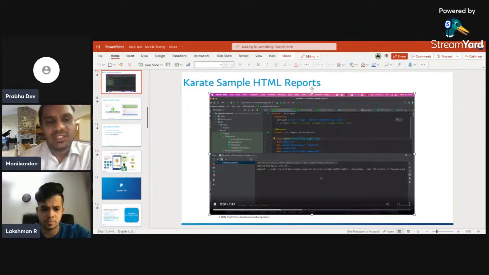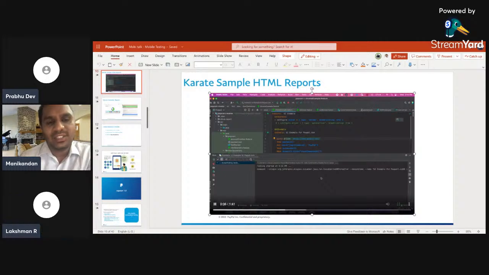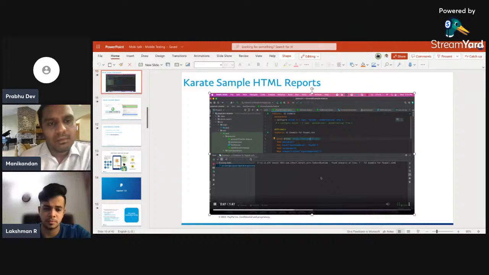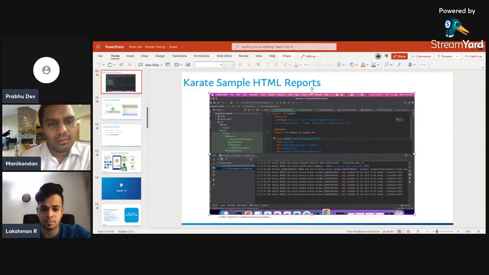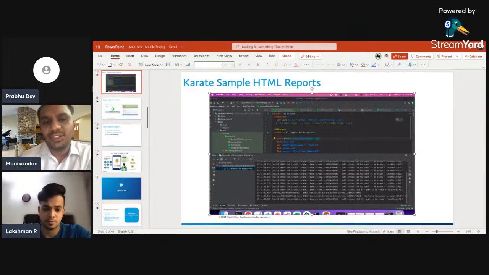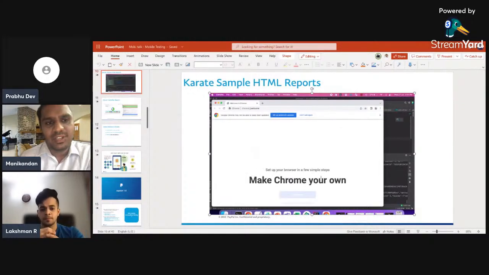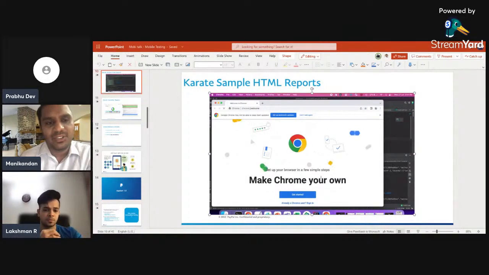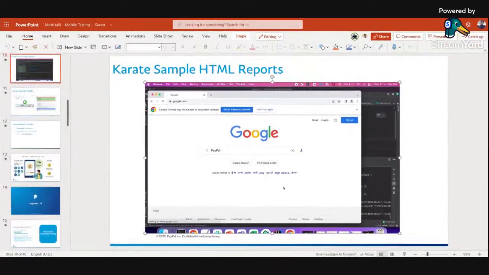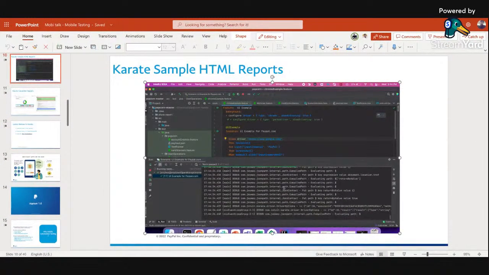Once it's instantiating the testers, it will launch the Chrome driver. That means you get a Chrome browser. Yeah, the Chrome browser got launched, and it goes. Then it will maximize. Once the Chrome has been maximized, it's entering PayPal and it will check for the URL. It got passed. That's what we are getting.